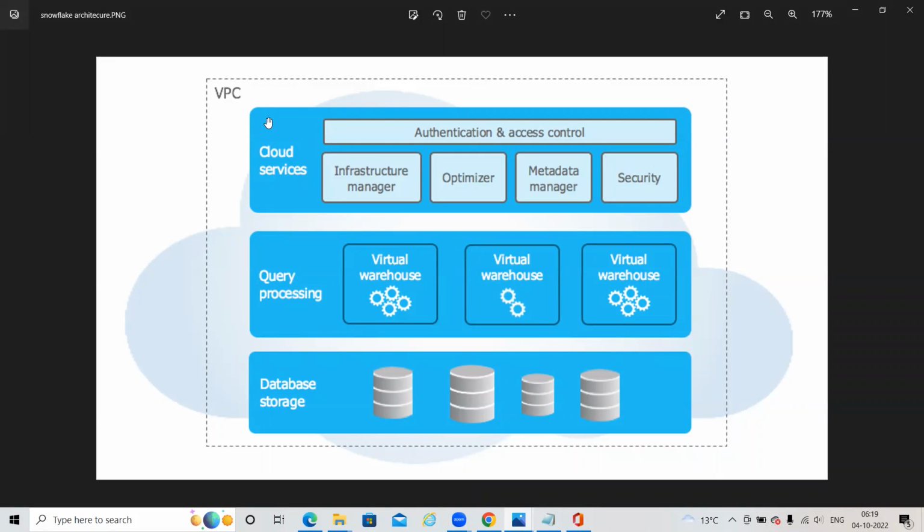This cloud services layer will have authentication, infrastructure manager, optimizer, metadata manager, and security. So these three layers are very important in Snowflake. These three layers play a very key role in Snowflake while dealing with your business data. Fine. Then we'll see one by one what the functionality of each layer in Snowflake is.